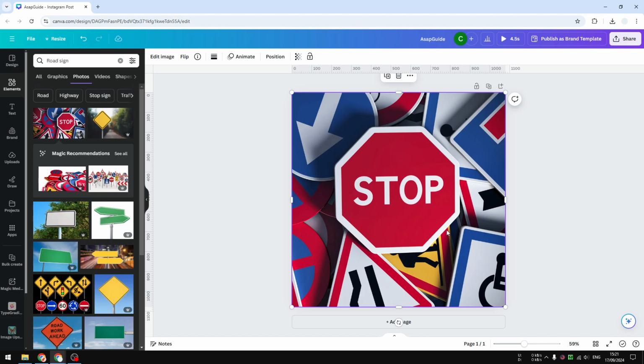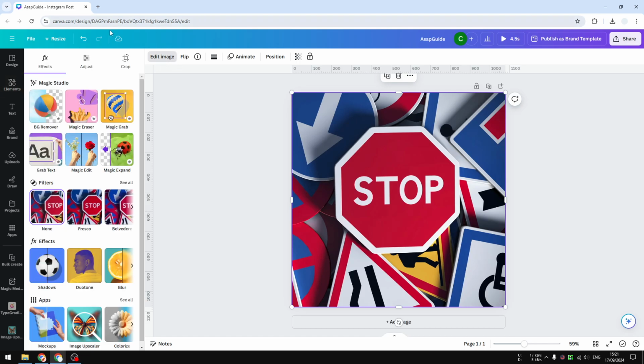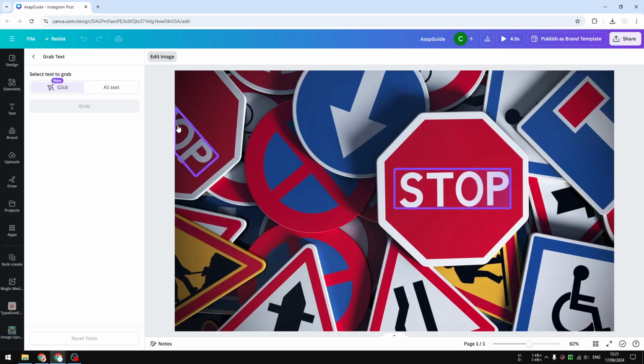So what you need to do now is you have to open your image on Canva and then go to edit image. And then here you want to click grab text. So Canva will try to find the text within the image, and usually you will find multiple text like this one. It does notice there is a small text right here, but the one that I want to remove is this one. So if you want to pick this text, you just need to click on it and click grab,